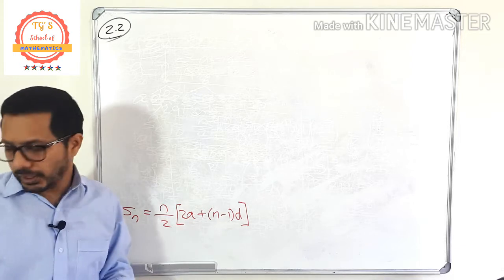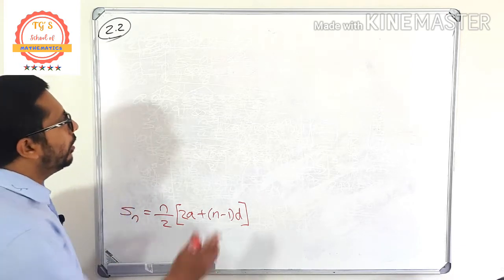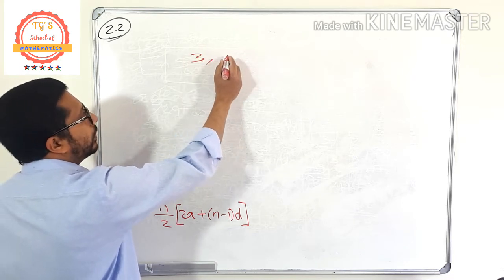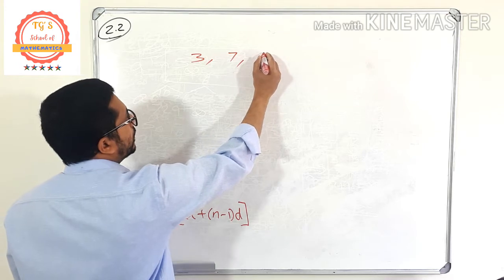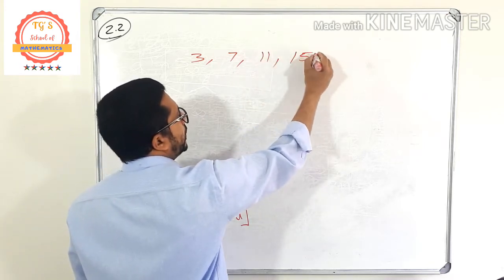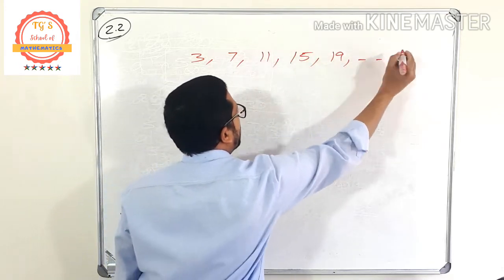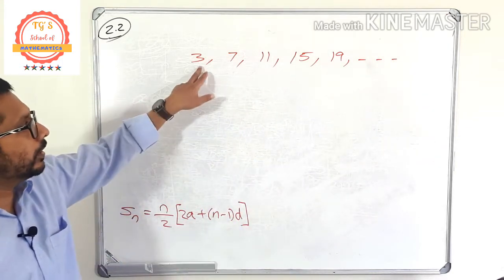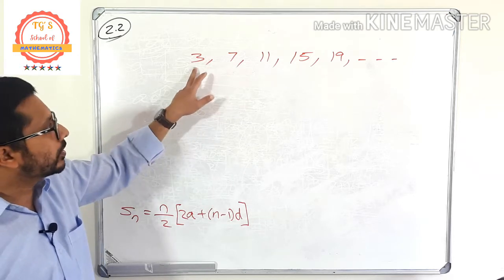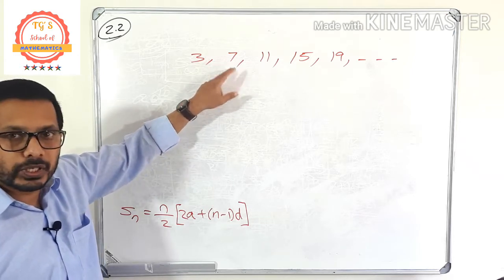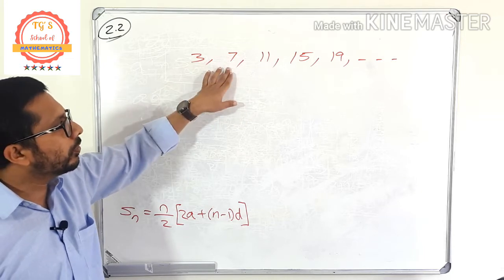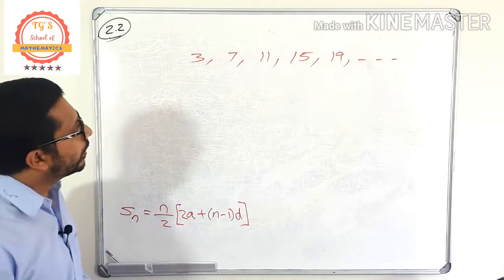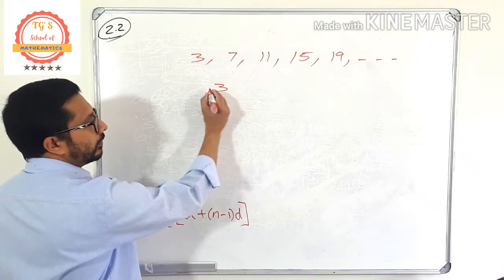Okay. So before I start this, let me explain something like this. Look at this sequence. Let's say 3, then 7, 11, 15, 19, etc. So you know that this is an arithmetic sequence. Why? We can find a common difference. First term is 3, plus 4, the common difference is 4 here, am I right? So 3 plus 4 is 7, 7 plus 4 is 11, 11 plus 4 is 15. It's going like that.